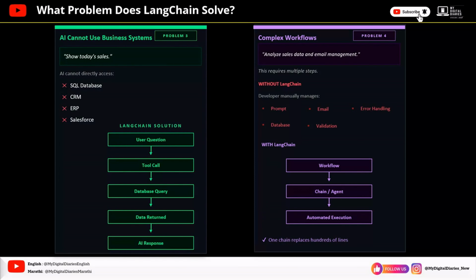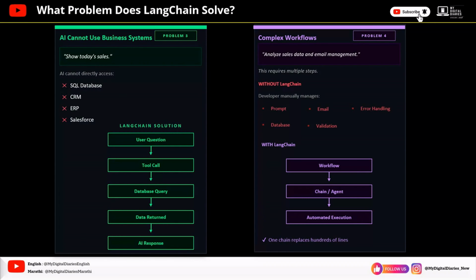Now let's see how LangChain solves this. You define a workflow, basically the sequence of steps that need to happen. LangChain runs this through a chain or an agent. A chain follows a fixed sequence of steps, whereas an agent is smarter. It can decide on its own which step to take and in what order depending on the situation.